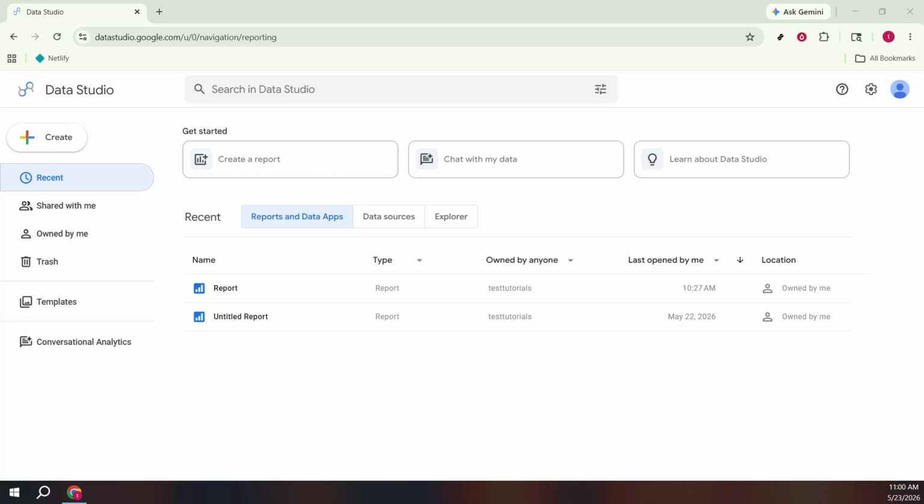In today's video, I'm going to teach you how to create and save a Looker Studio report from a template. By the end, you'll have a fully functioning report connected to your own data, ready to share or explore. All you need is access to Looker Studio, formerly known as Data Studio, and permission to the data you plan